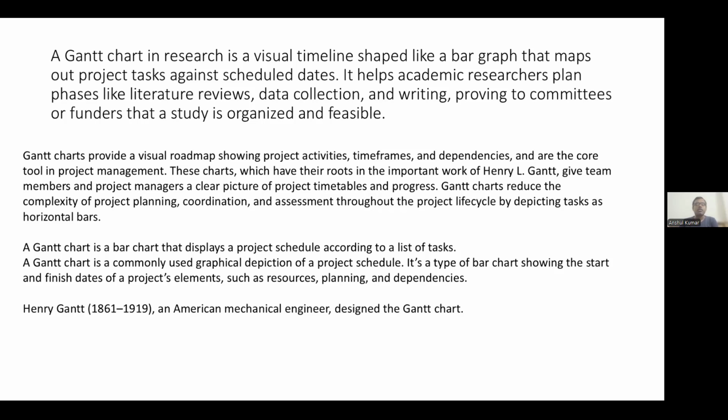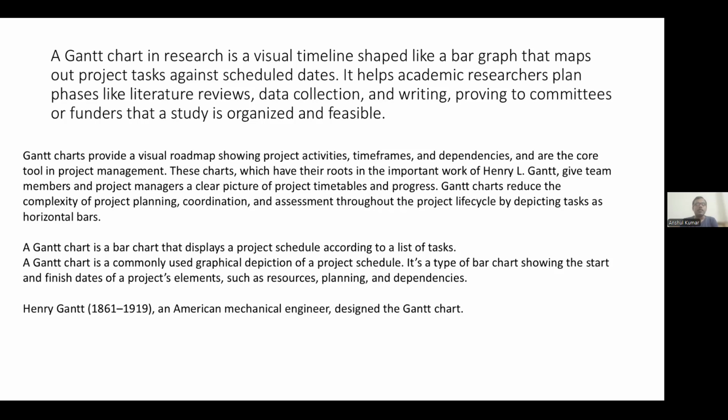tasks as horizontal bars. A Gantt chart is a bar chart that displays a project schedule according to a list of tasks. It is a commonly used graphical depiction of a project schedule. It's a type of bar chart showing the start and finish dates of a project segment, such as its services,